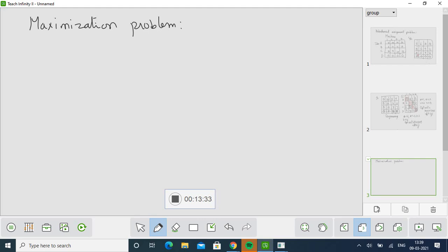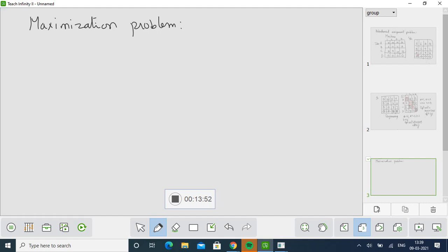Right. So how do we solve a maximization? We take the largest cell value, subtract all other cell values from this, and then proceed as usual to obtain the solution. So take down: maximization problem, the conversion